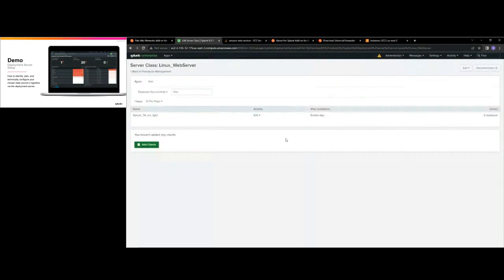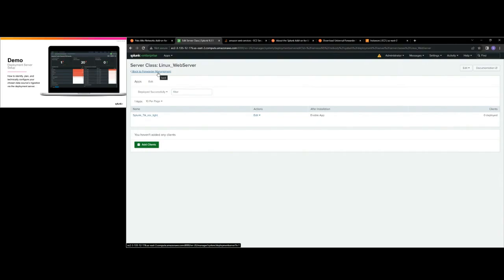And in this case, I'm going to imagine that I have not yet set up and connected my forwarder for the TA nix Lite. We're simply getting the configuration staged and ready for when I go and configure and connect all of those up and into Splunk. So hopefully a very simple and followable demonstration there for the team of how we would get our head around configuring the deployment server